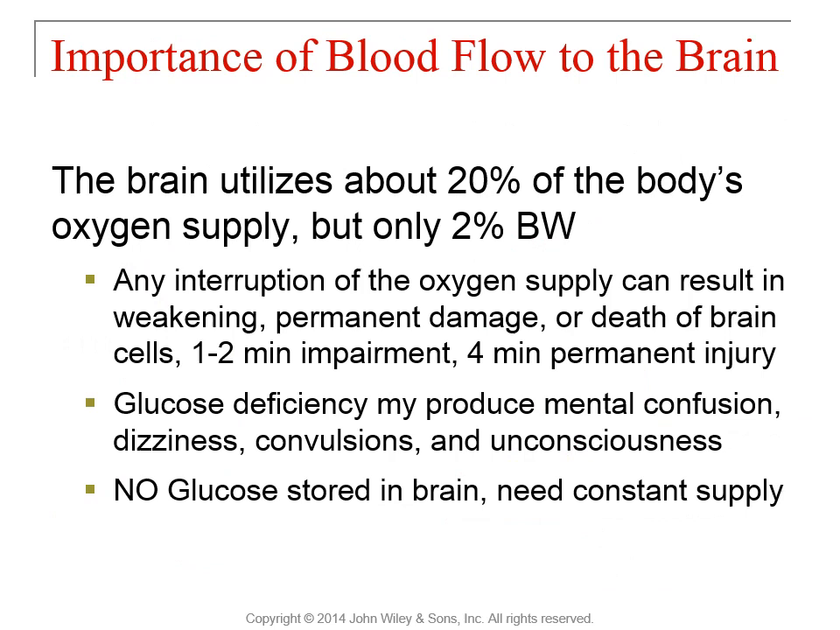So even though the brain is only roughly 2% of the body's weight, it utilizes about 20% of the body's oxygen supply. And as we know, any kind of interruption to the oxygen supply can result in some kind of necrosis of the brain, some death of brain cells. It only takes 1 to 2 minutes worth of lack of oxygen to cause impairment, 4 minutes permanent injury, and a lot of times this can be